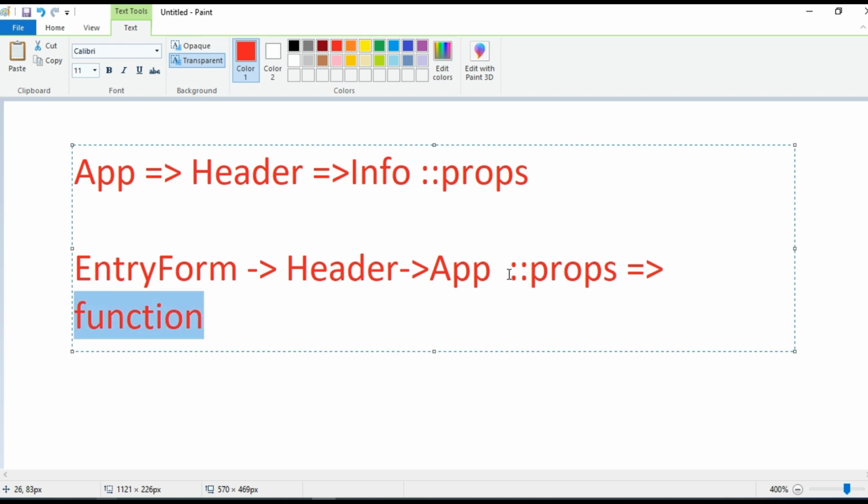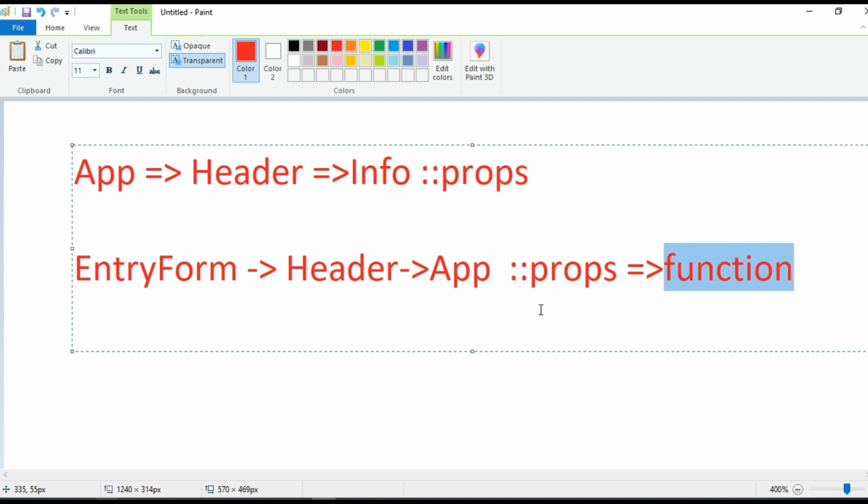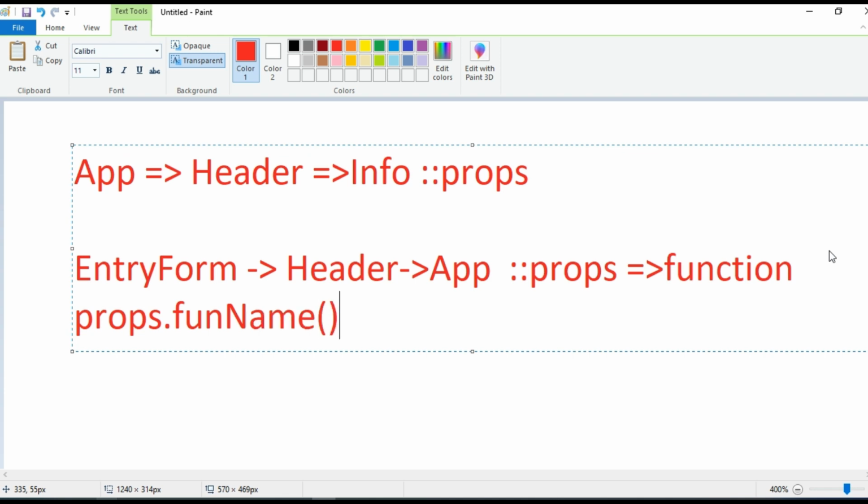For parent to child, we have to use props. We can directly access the property variables. But in case of child to parent, we have to use function calls by using the props dot function name. Right? By using this function call only, we can pass the data from child to parent. Remember this, sending data from parent to child means we can directly use the props object. In case of child to parent, we have to use props object, and also we have to use functions to